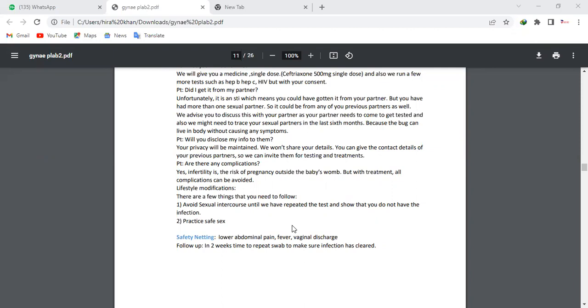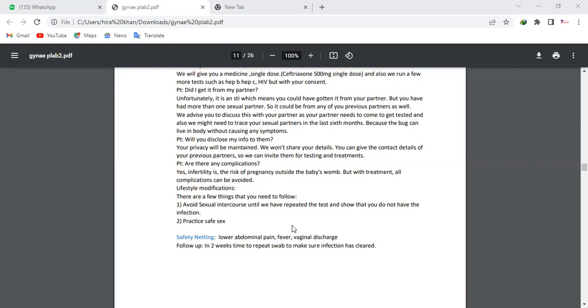Maybe the infection does not come from him, so I think it's his right to know and to be safe. What if I do not share it with him? Because I think that would be with my consent. But if I still do not share with him and get treatment? We'll encourage you to share with him, but if you don't, then unfortunately we'll have to inform him through the partner information service, so that he's safe.